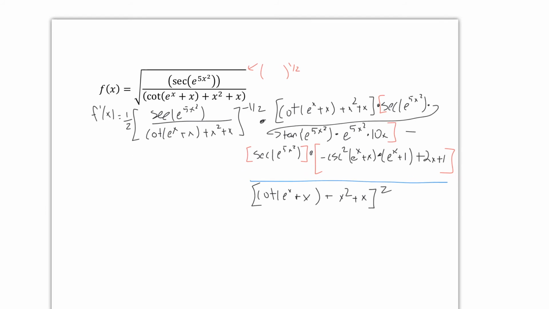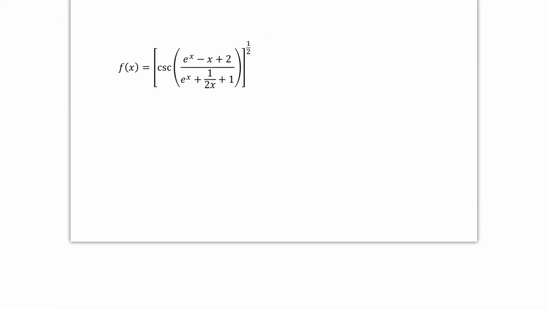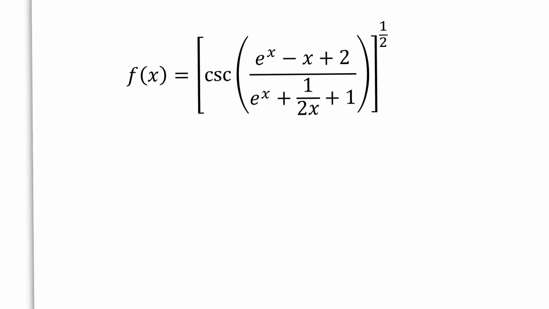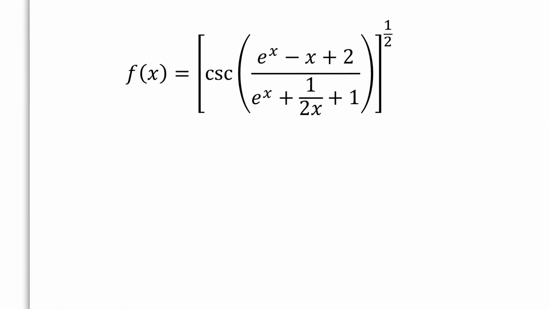Let's take a look at the final question. This one here is a doozy. Again, there's a power and then some chain rule going on, and inside it looks like we might have a quotient rule as well. So let's see what we get. We're going to do that power first. So f prime x is going to equal 1/2